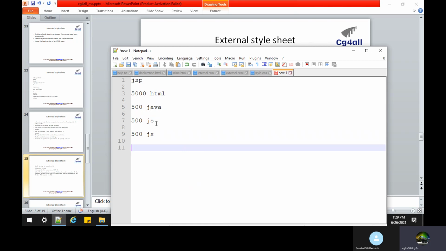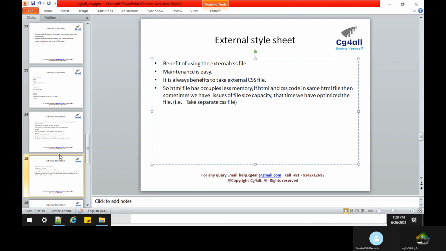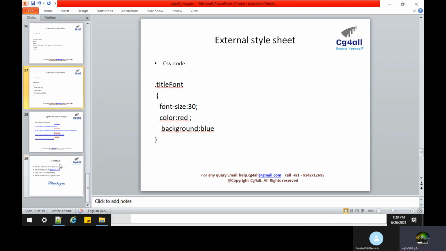At that time, we take an external CSS file and move all the CSS from the HTML file to the CSS file. When we do all that modification at the end, it is better to take the external file and keep practicing this, and it doesn't take much time either. Hope that is clear. The external file is clear. In the next section we will see multiple CSS, how it works, and selectors. Till then, is that clear?